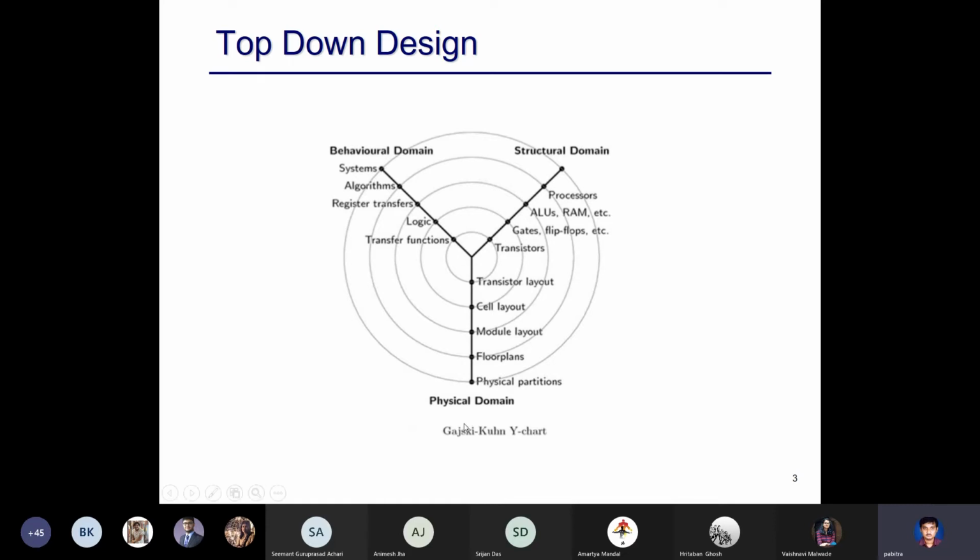Now the thing is that since this entire process is extremely complex for reasonably complicated systems, this cannot be done manually. And you have something called CAD tools or EDA tools, electronic design automation tools, to do this. So the moment you go into electronic design automation, you can no longer have this FSM and other things which by hand you draw, you do a Karnaugh map, do the minimization and all this.